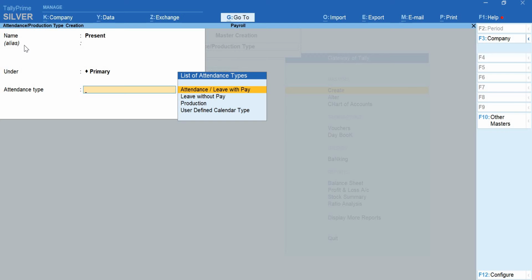Sometimes the organization will give you paid leaves, that is called CL, casual leaves. Maybe in 1 month you'll have 1 day of holiday. So if you have taken 1 day holiday, they'll not deduct your salary. So that is why if I have to take a CL, the attendance will be marked as present. So that is the reason this will be leave with pay.